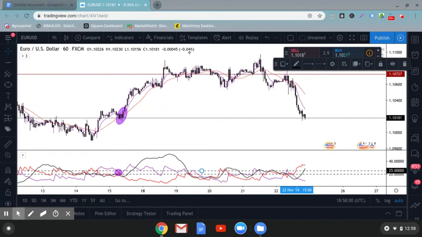Okay, but I like it there because when all of these lines, you see how the black, the red, and the purple are all within here, right? That shows me that it's consolidating, it's moving sideways. Okay, that's why I like these. But it would have had you buy right here because we had the purple cross over the red, and you can see, right,